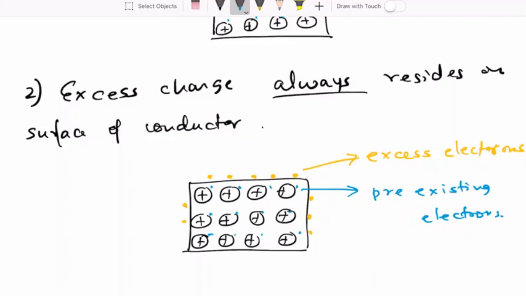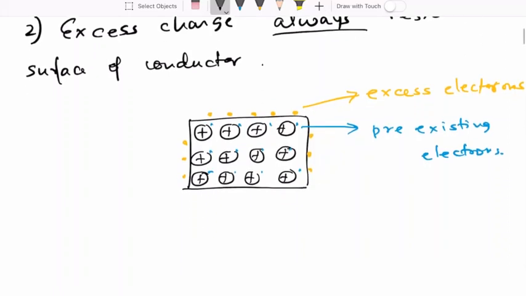And so they would just get as far away from each other as possible. And as a result of that, they would all end up on the surface of the conductor. So it's mainly their mutual repulsion that causes all these excess charges to end up on the surface of the conductor. All right. The third property, and this is very important and a bit subtle,